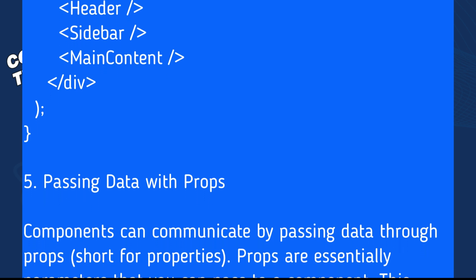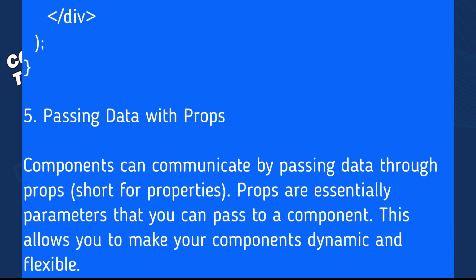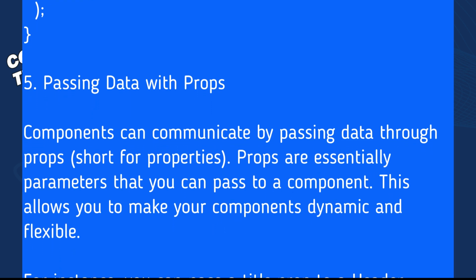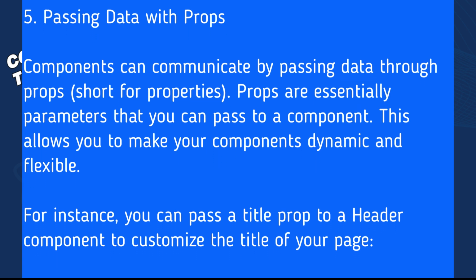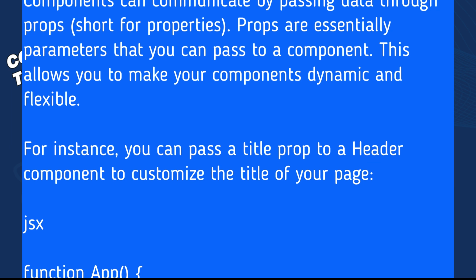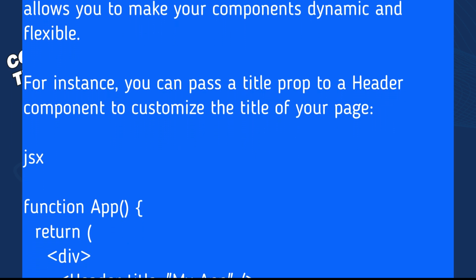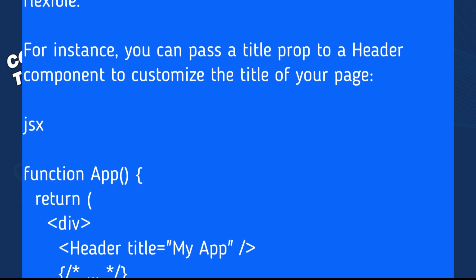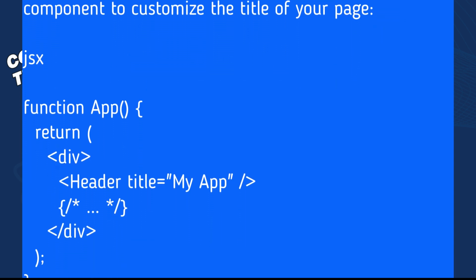5. Passing data with props. Components can communicate by passing data through props, short for properties. Props are essentially parameters that you can pass to a component. This allows you to make your components dynamic and flexible. For instance, you can pass a title prop to a header component to customize the title of your page. JSX: function App() { return <div><Header title="My App" /></div>; }